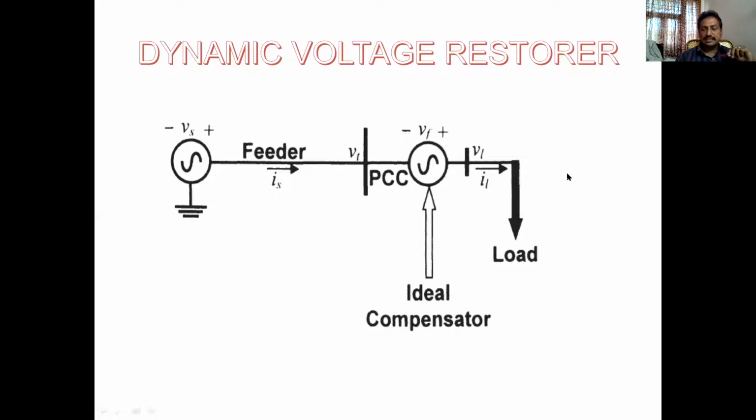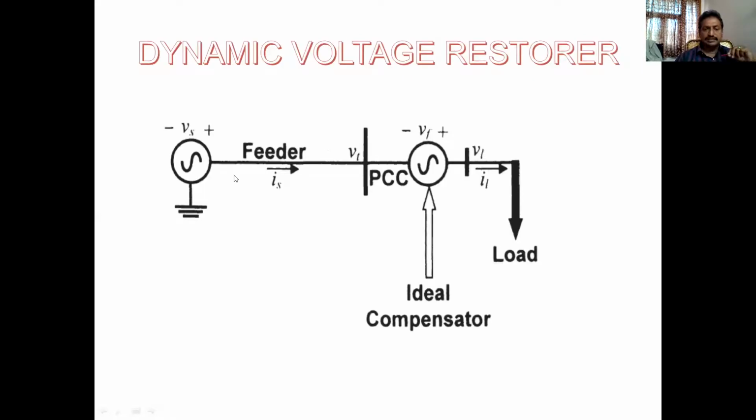That is nothing but the network reconfiguring type, either SSCL or SSB or SSTS. SSTS is different, but we will come back to the dynamic voltage restorer. In this, another voltage source is available. That voltage source is called the ideal compensator. Its voltage magnitude is VF. Here the load voltage should be equal to VT plus VF. VT is nothing but the source voltage, and VT is a measurable voltage.